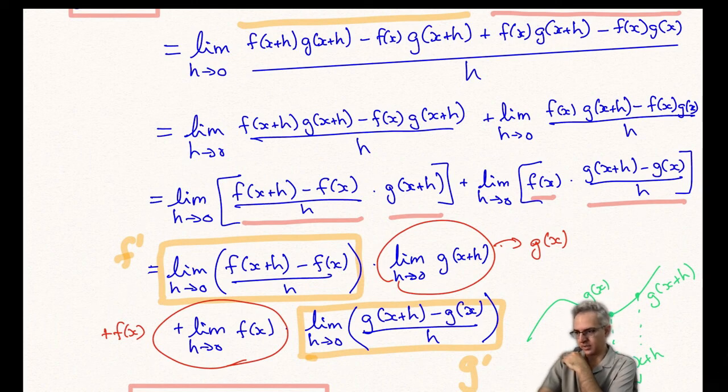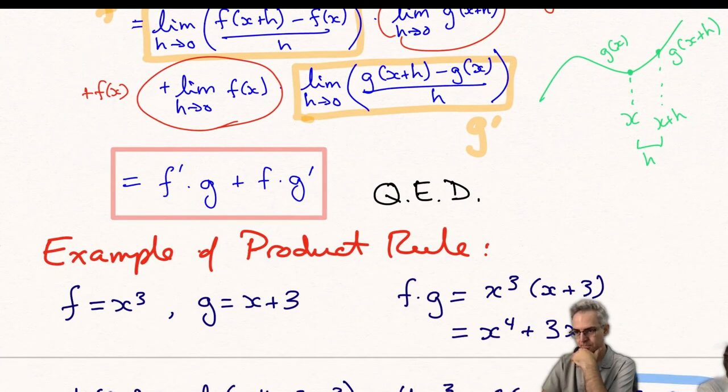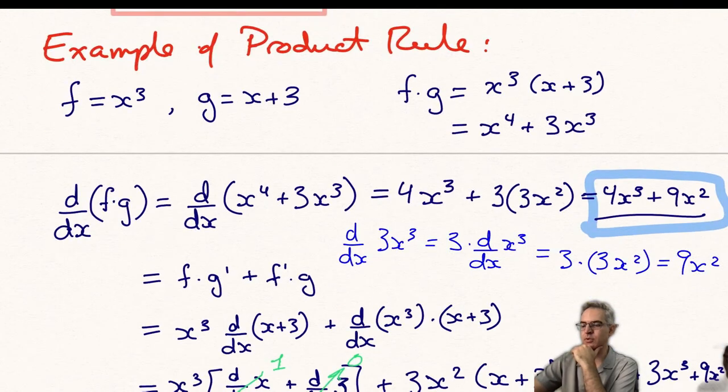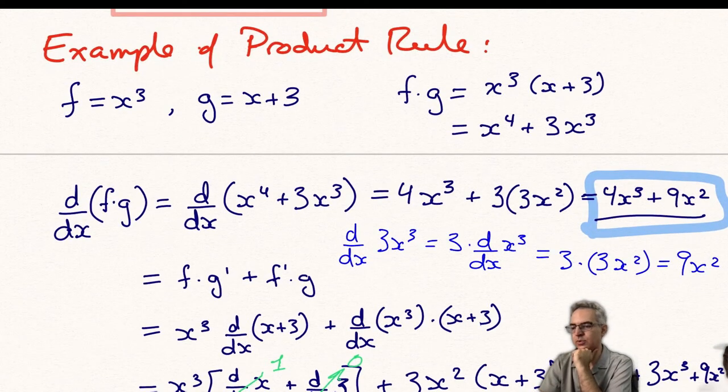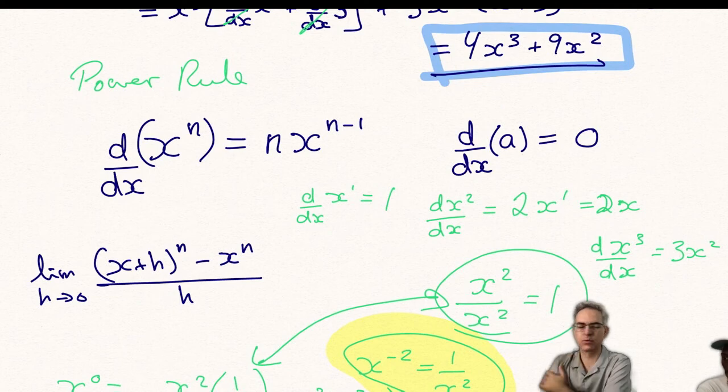And then the same for the second term over here, and then we just carried out the limits and we obtained the result. And then we did an example to show that using actual functions, this is in fact true, and we can show that. And then we reviewed the power rule, which I think you had already covered for yourself,